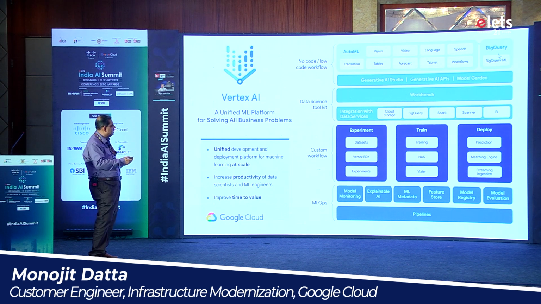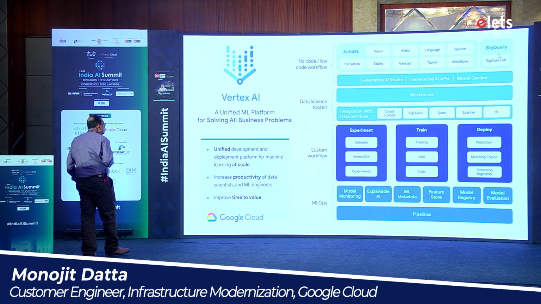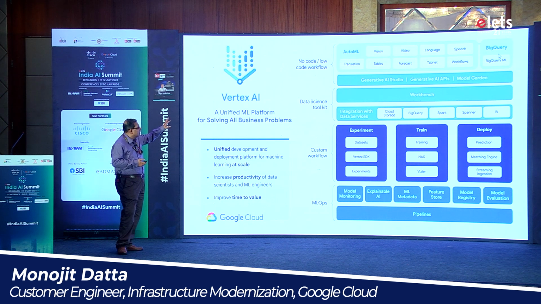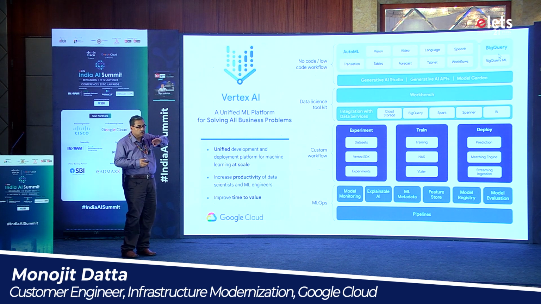That's all the Vertex AI, generative AI. You can build your own model. You can create applications quite easily. So you can see the top one is a no-code, low-code flow. I won't say it's no-code, it's a kind of low-code. You can just write your application layer very easily using these top-level services. If you want to build your own custom models, that you can also do in the bottom line of services.